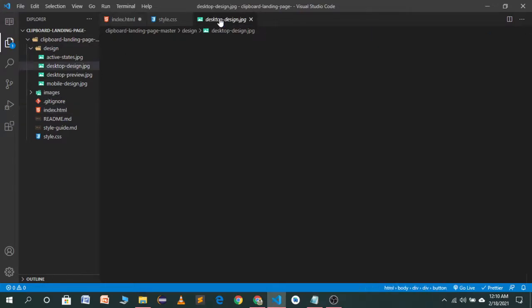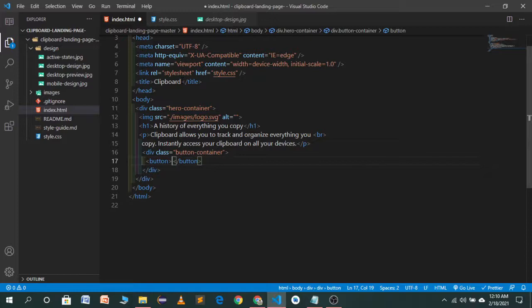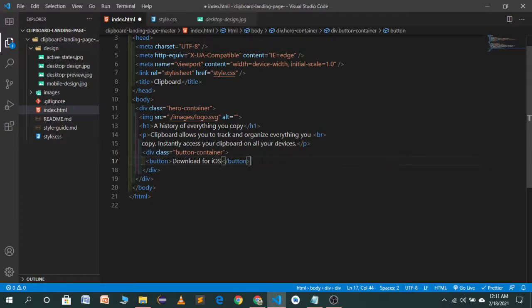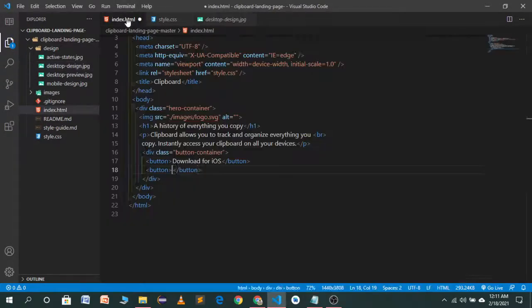The first button will say download for iOS, and the second button will say download for Mac.